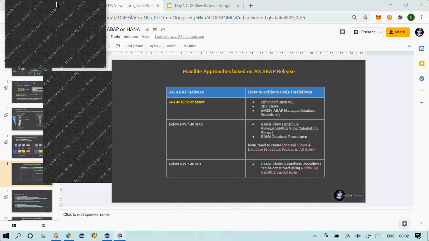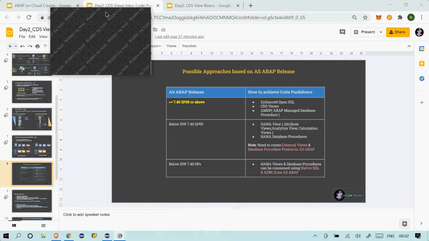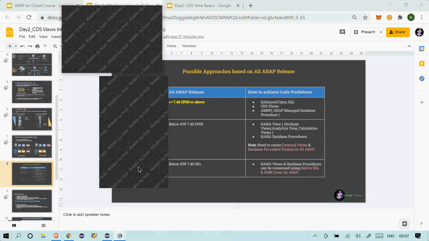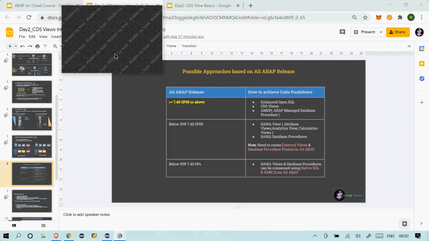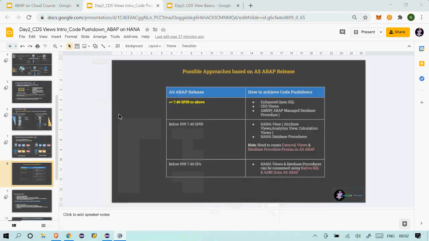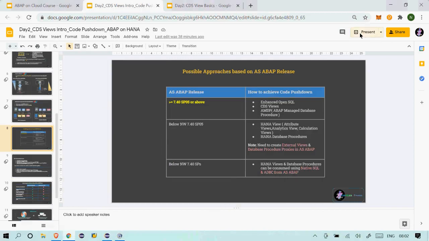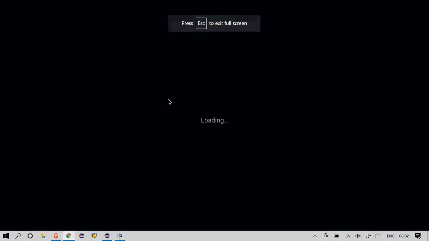Some of you say there is some strip on the screen. I'm not able to minimize this one. Trying to see, it's still appearing. Okay, so this is what we need to do. Just let me go back to the